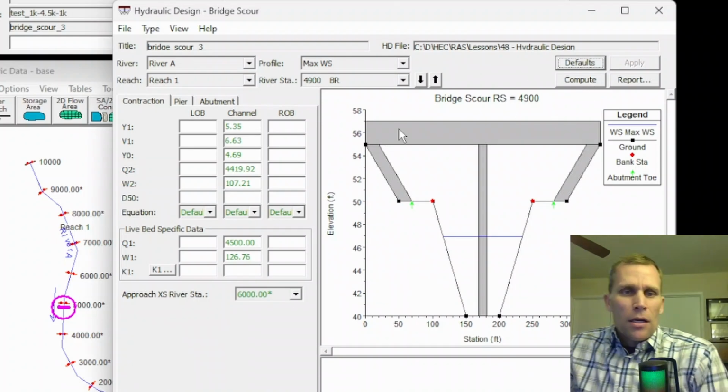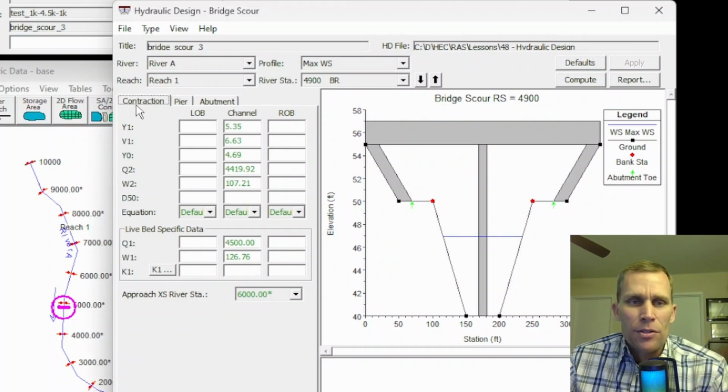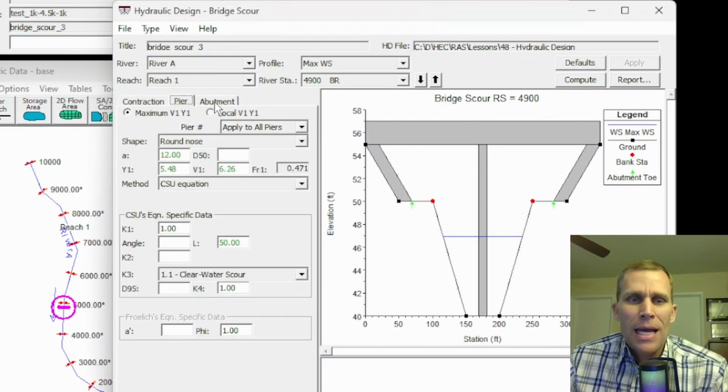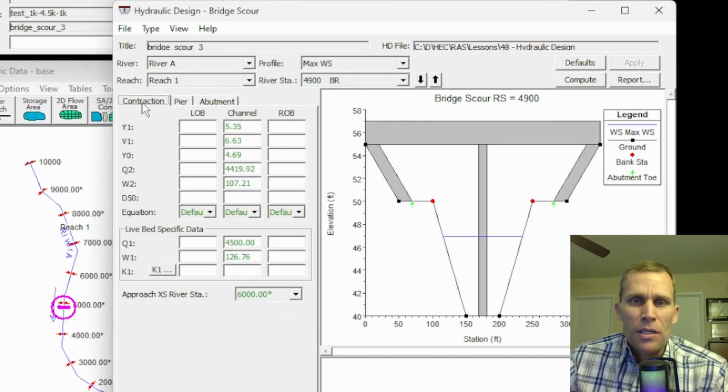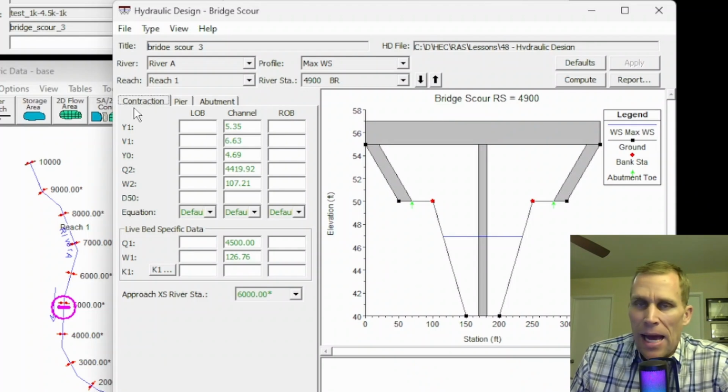All right, so let's get going with our different tabs here. Over to the left column here, we have three tabs. There's contraction, and then pier and abutment. So these are the three different methods or mechanisms that bridge scour can occur. So contraction, for instance, this is erosion across the channel width caused by contraction of the river as it approaches